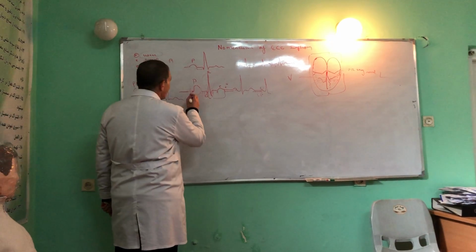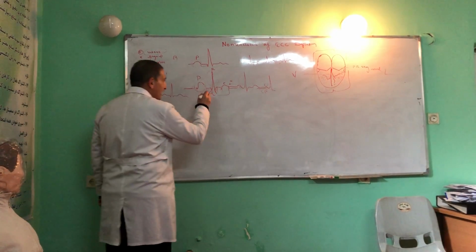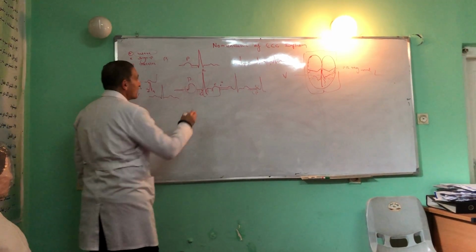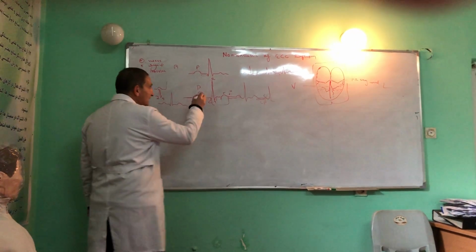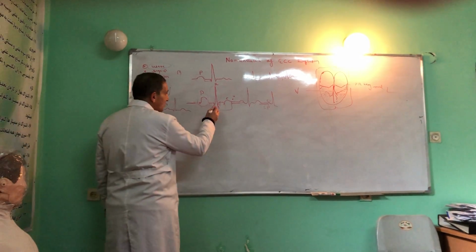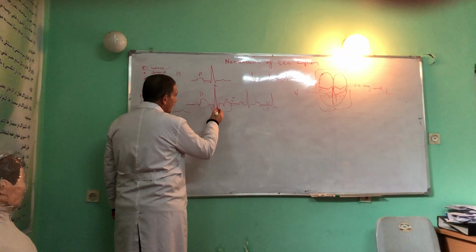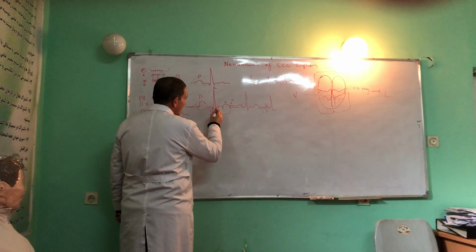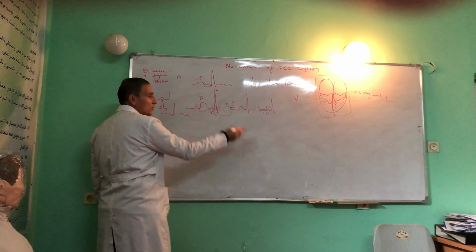Right now, after the P wave, we come to the Q wave. What is the duration of the Q wave? Say 1 millimeter. It involves just 1 small square. What is the height of the R wave? The height of the R wave represents 10 millimeters. Let's go to the S wave. What is the clinical significance of the S wave? Right now, I can't tell you about this S wave because I haven't seen it. So at least you should calculate about 2 small squares.